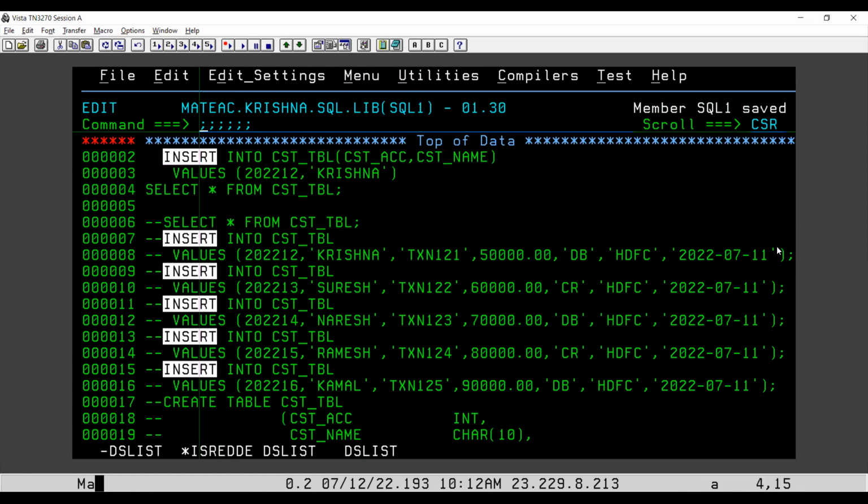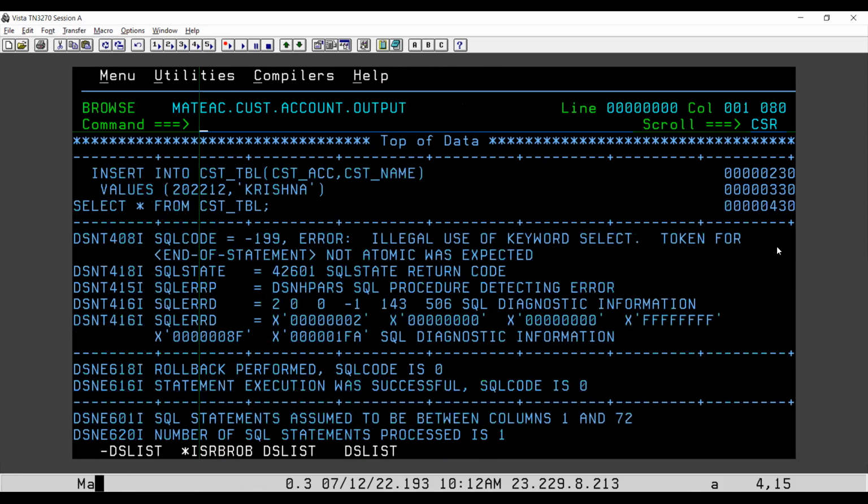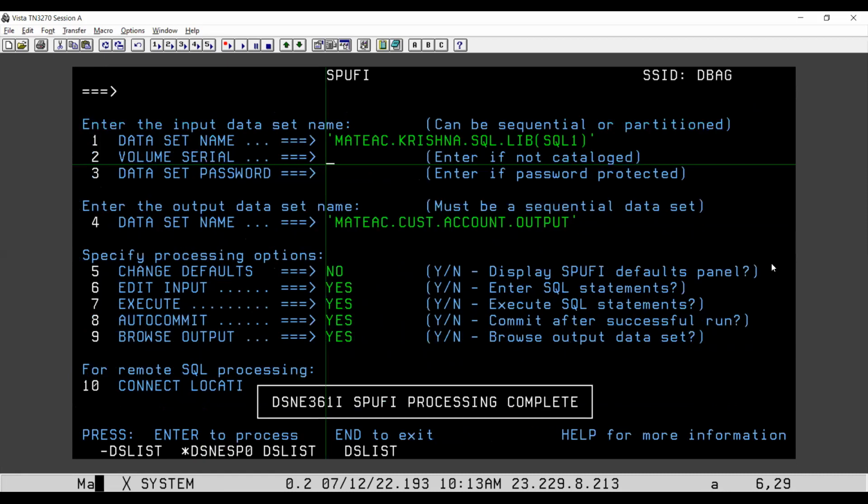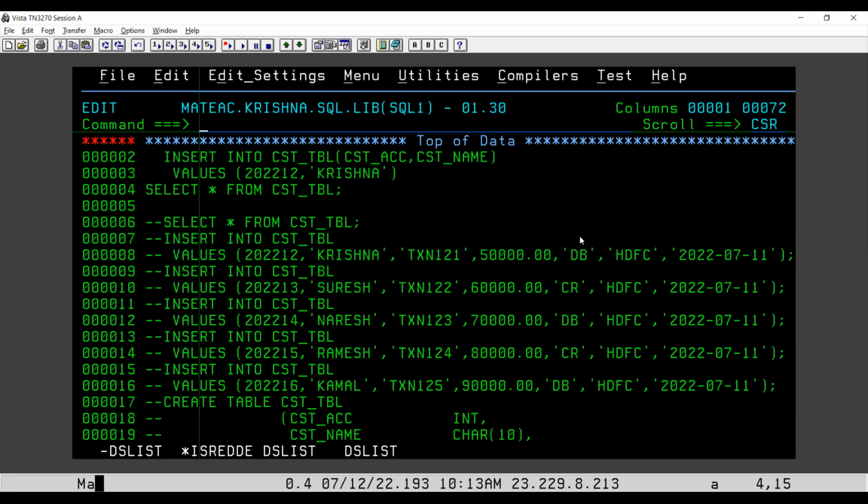Here we didn't use field names. So if you insert only these two, it is saying illegal use of token. Okay, semicolon is missing at the ending. So now